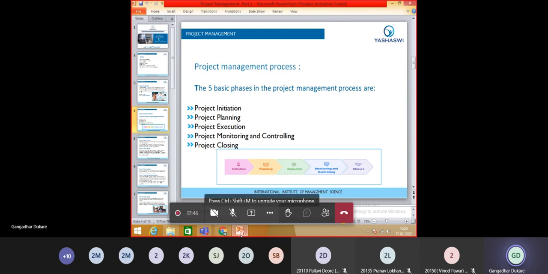The actual way to find out the project result is the field work, which comes under project execution. Project monitoring and controlling and project execution are the